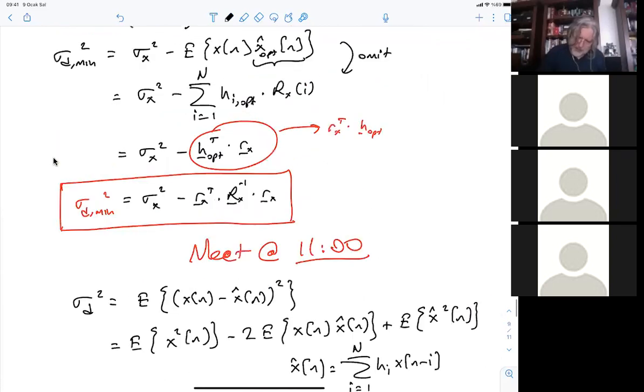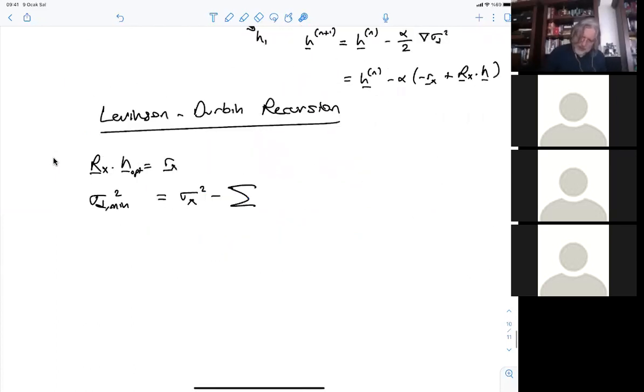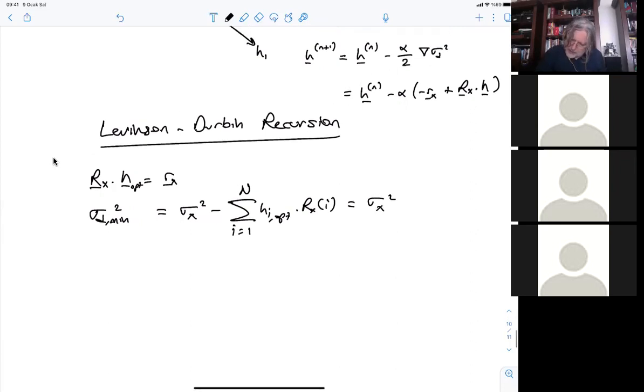It was here. I'm trying to rewrite this equation. Sorry, this equation, the summation of h_i optimum times rx of i, which will give you this equation. This is sigma d min square. So I'm writing it here again: the sum from i from 1 to n of h_i optimum times rx of i, which could also, of course, be written as sigma x square minus,